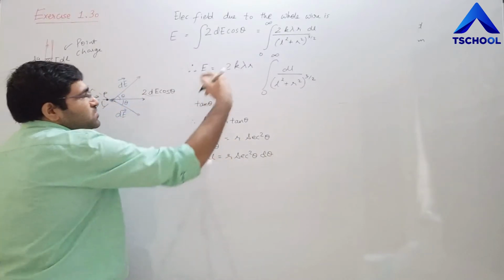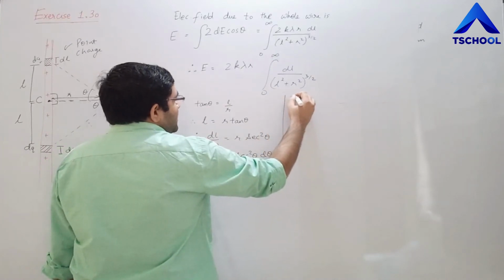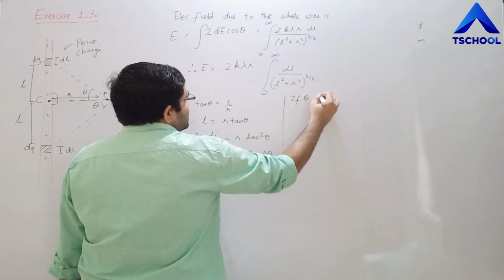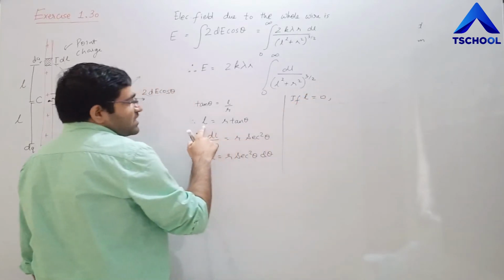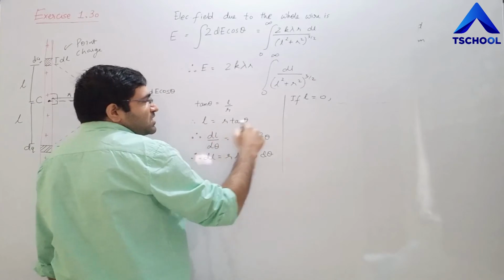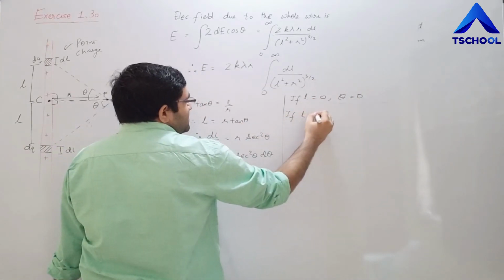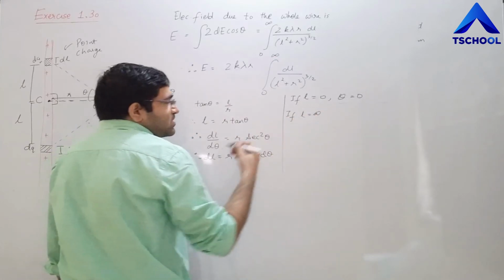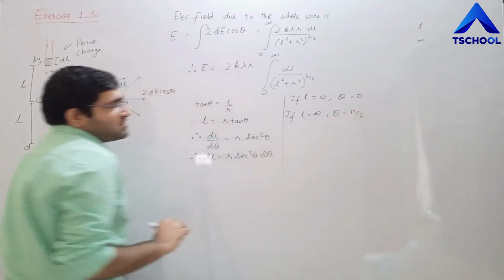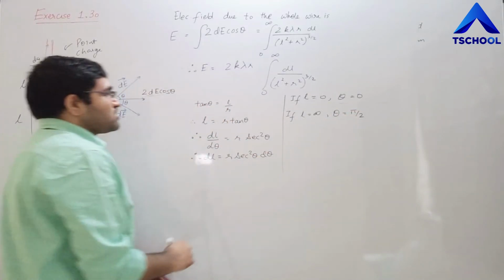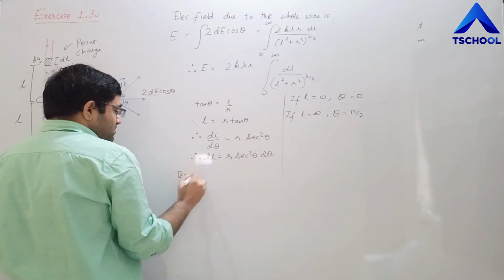Okay, so if I use it here, I'll have to also convert the limits. So if L is equal to 0, put 0 here, you get theta equal to 0, right? And if I put L is infinite, that is tan theta is infinite, that's only possible if theta is equal to pi by 2 or 90 degrees. Okay, so using all this information, if I put it here, so I'll get by substitution